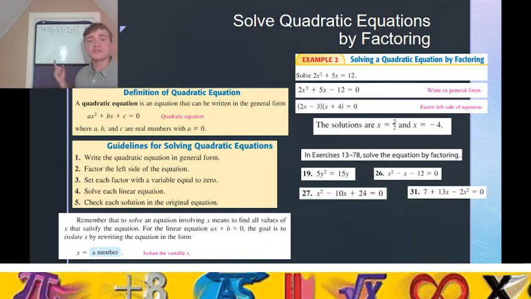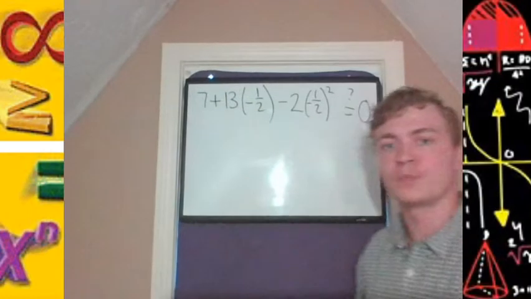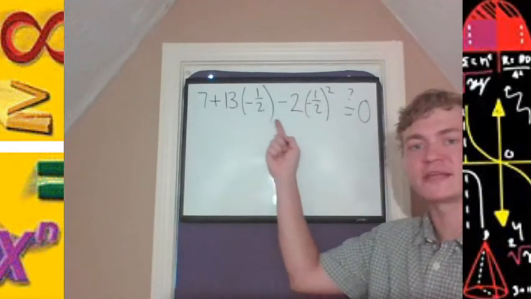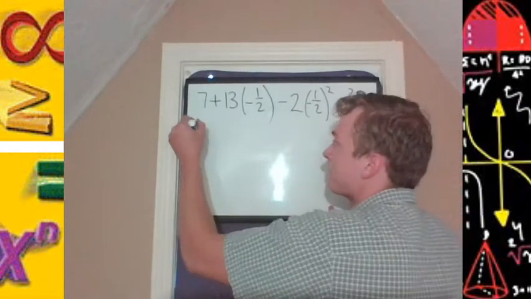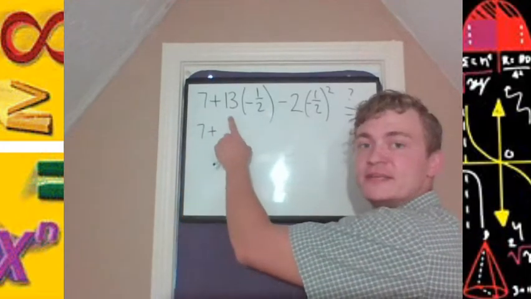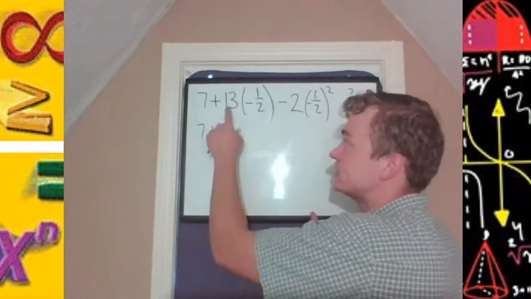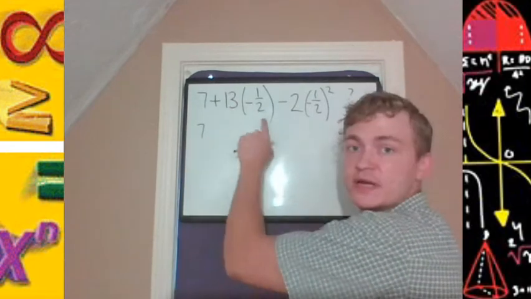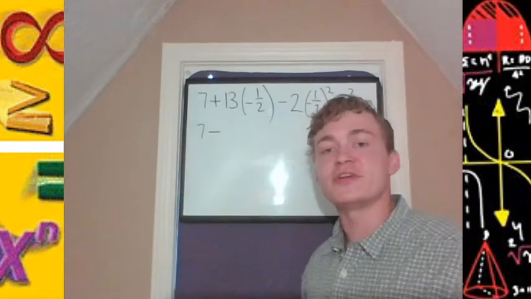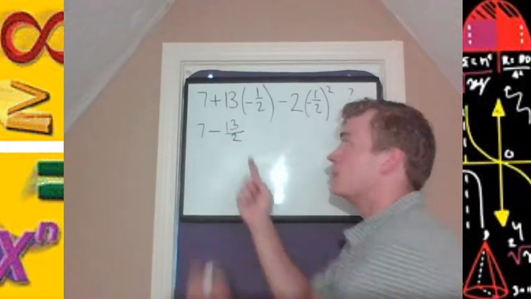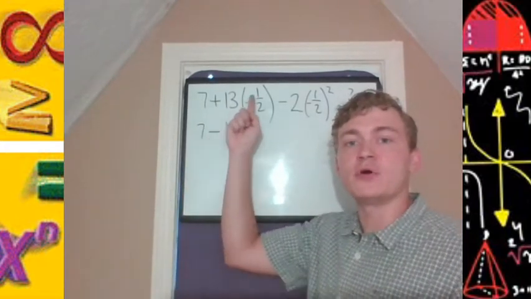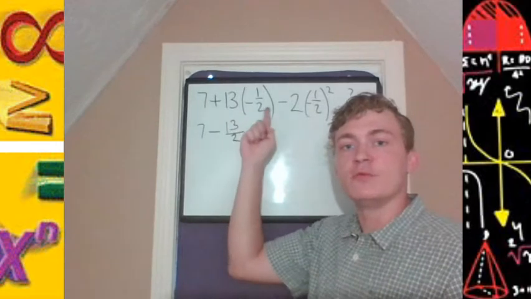We want to know if this actually equals 0. So we'll go to the full view. 7 plus 13x minus 2x squared, where of course x is negative 1/2. 13 times negative 1/2, well, this now becomes negative, positive times negative. And 13 times a half is 13 halves. Basically just taking this whole number here and multiplying it to the numerator, and then we'll have that division of